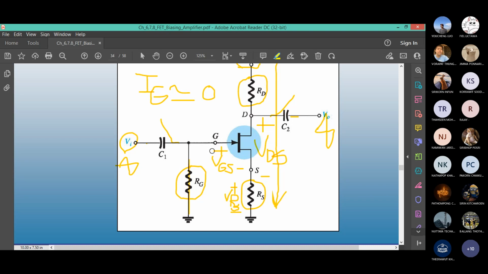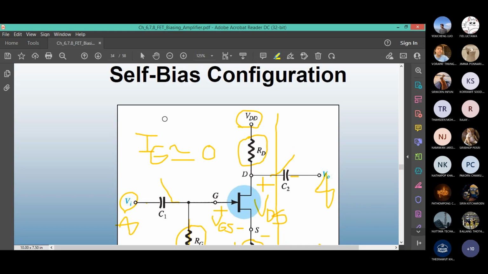VGS plus VRS equals 0, or you can say minus VGS minus VRS equals 0, which means VGS equals minus VRS, negative VRS. And what is V of RS? According to Ohm's law, it is ID times RS, right? The voltage drop is the current times the resistor. If VGS equals negative VRS, you can write this equation, VGS equals